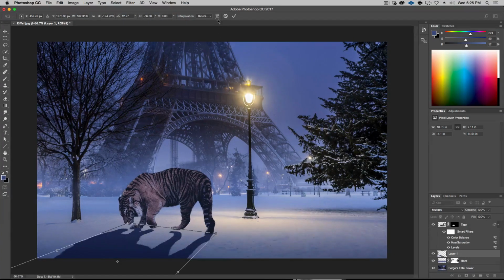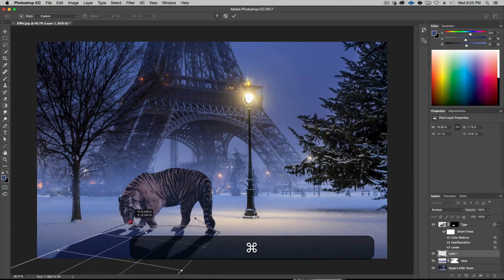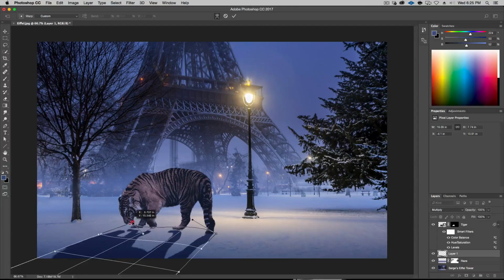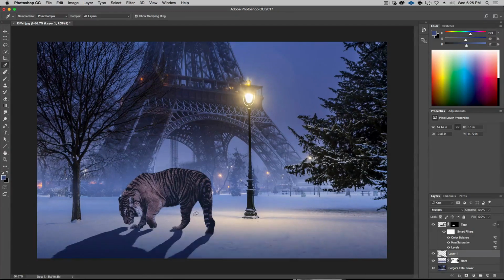So what we're going to do is click on this little warp tool here. So click on that. Now I can take this piece and connect his foot, like so. And this one is connected, which I don't want it to be, so I just kind of disconnect it. I have to bring this guy up a little bit. Oh, that brought the whole thing up. Just click like this, something like that. I'm going to have to manually get rid of some of that, but that's fine. Something like this. Okay. All right, and I hit enter, and there we go.